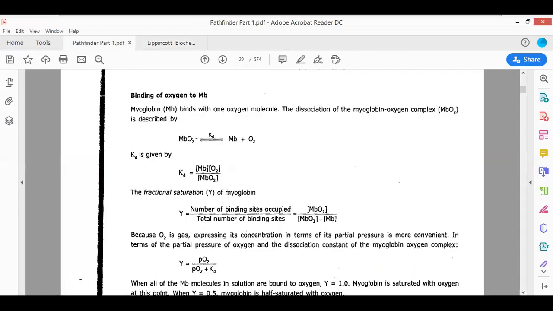Now how does this myoglobin bind with an oxygen molecule? To understand the binding of myoglobin with oxygen, you should understand the myoglobin oxygen dissociation curve. This is oxymyoglobin. This oxymyoglobin has an ability to dissociate itself. As it dissociates, it leads to the formation of myoglobin and liberates free oxygen. Okay, so the dissociation constant can be calculated as